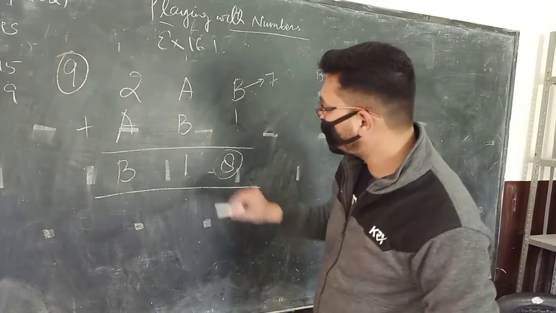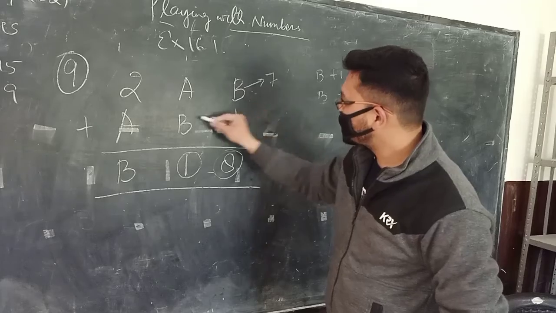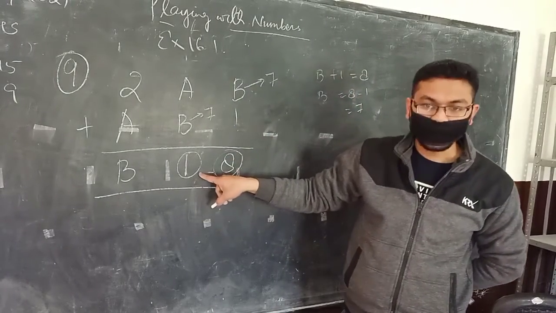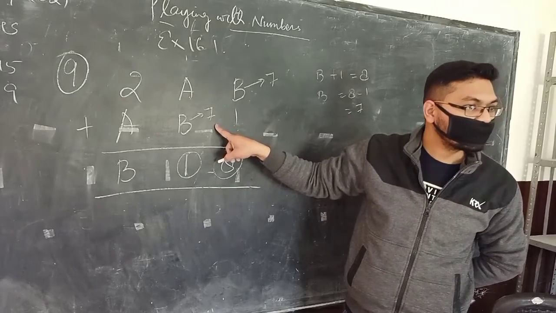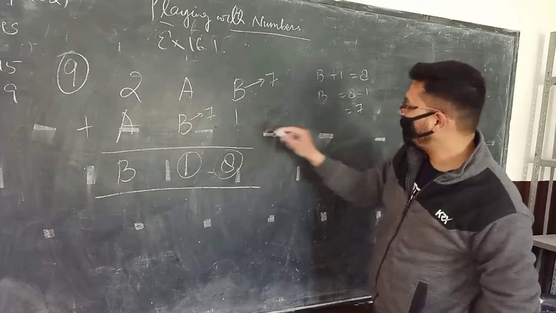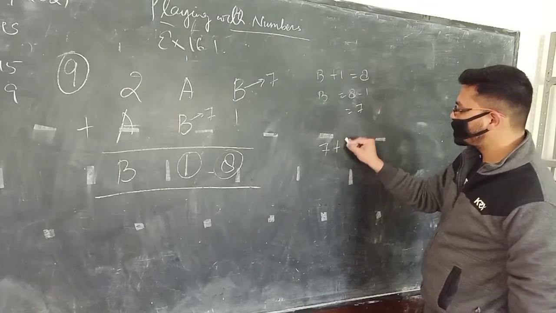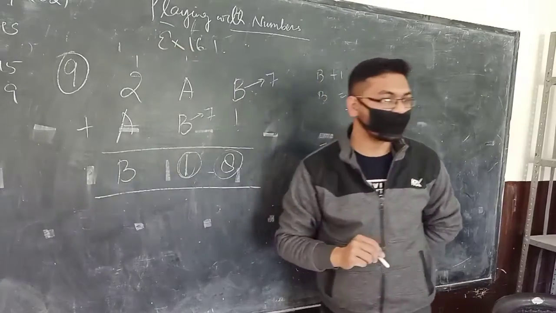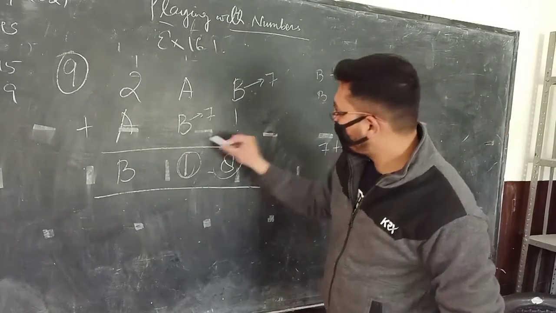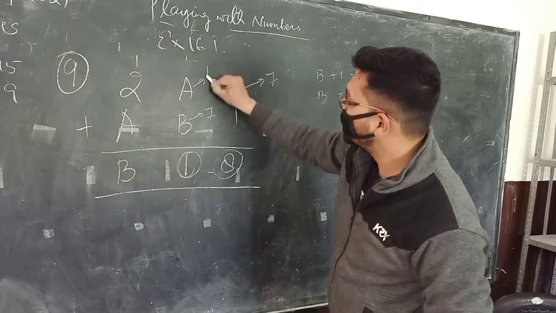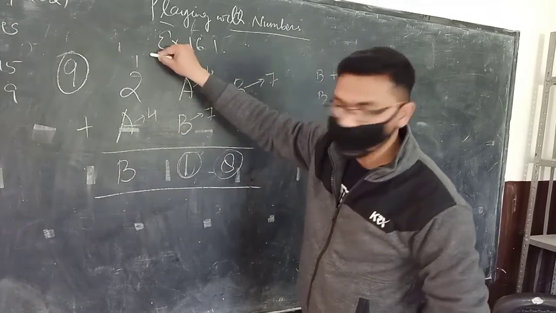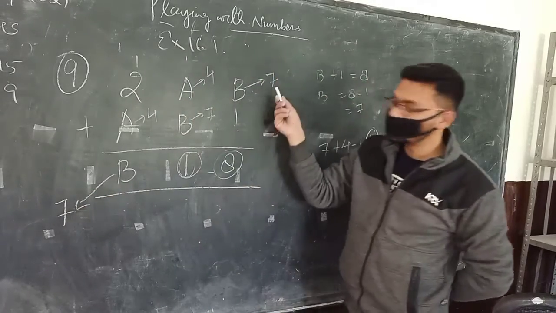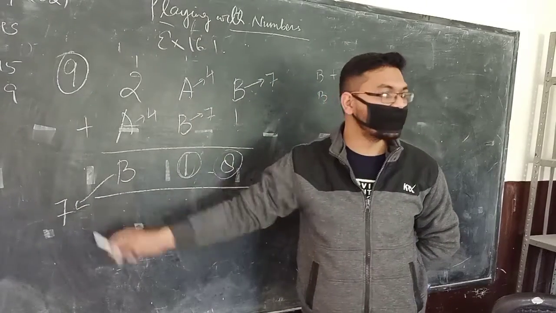Okay. Now, B is 7, right? And here it is given that this is 1. How do I get 1 if I have one number as 7? 7 plus 4 is 11, right? So 1 is there and there is one carry, right? Now I have already mentioned that A is 4. Now 4 plus 1 is 5, 5 plus 2 is 7. 7, 7. Right? Any doubt?